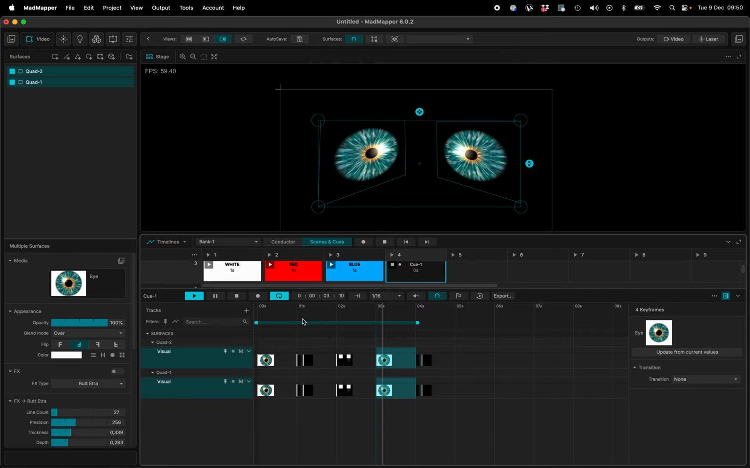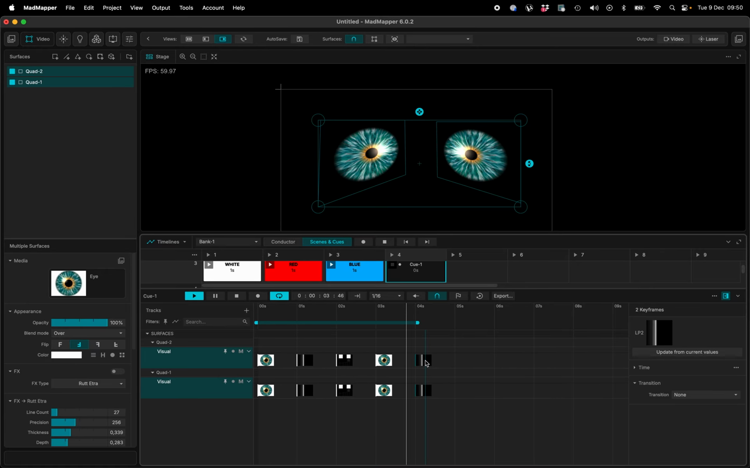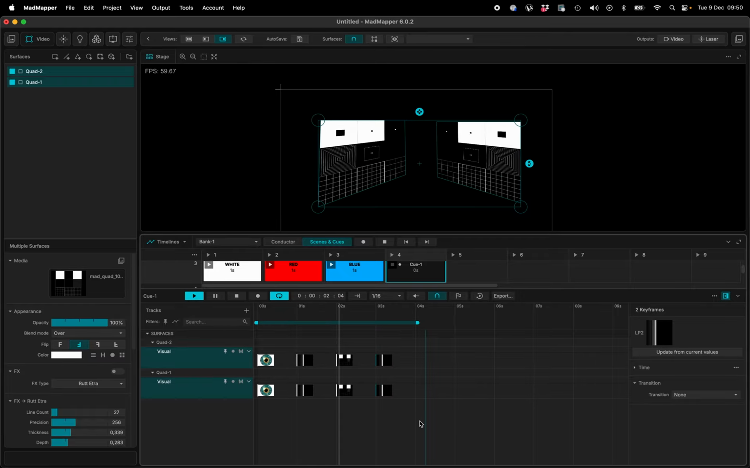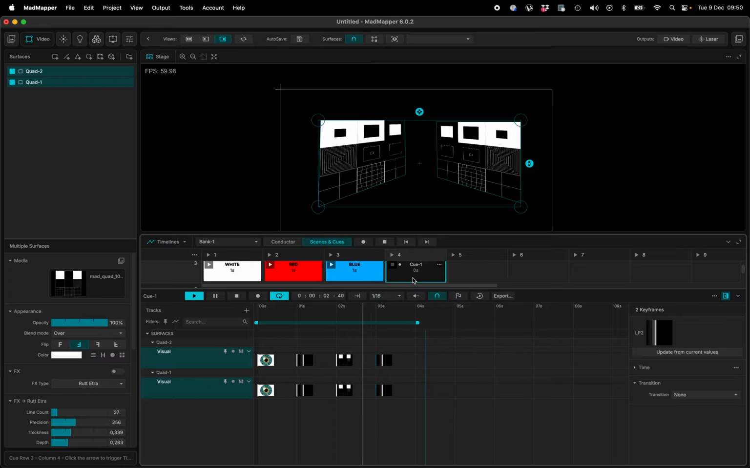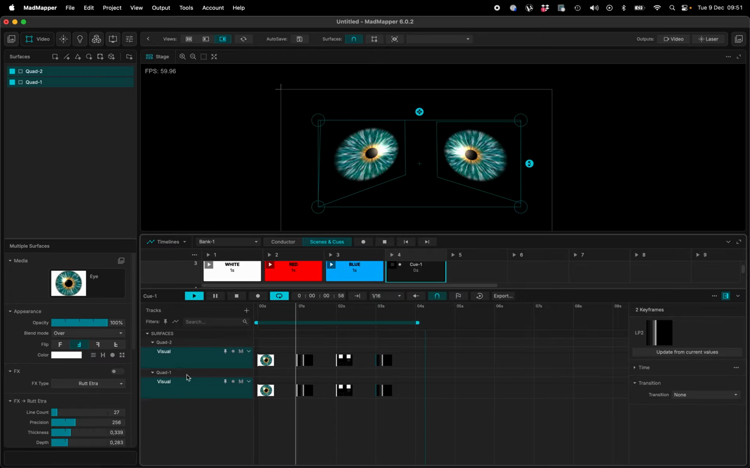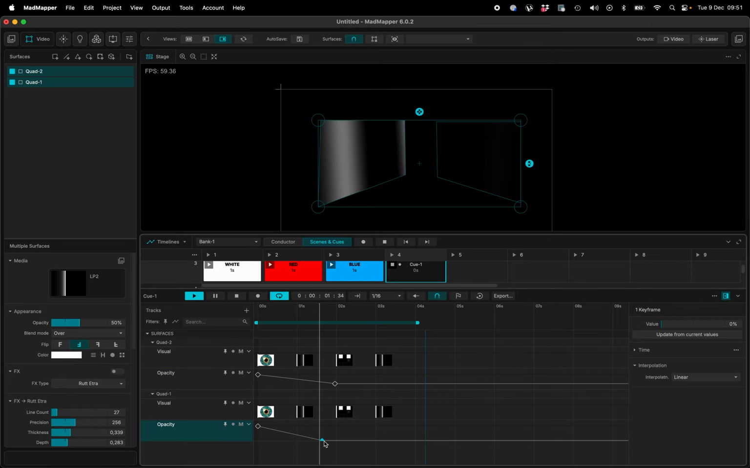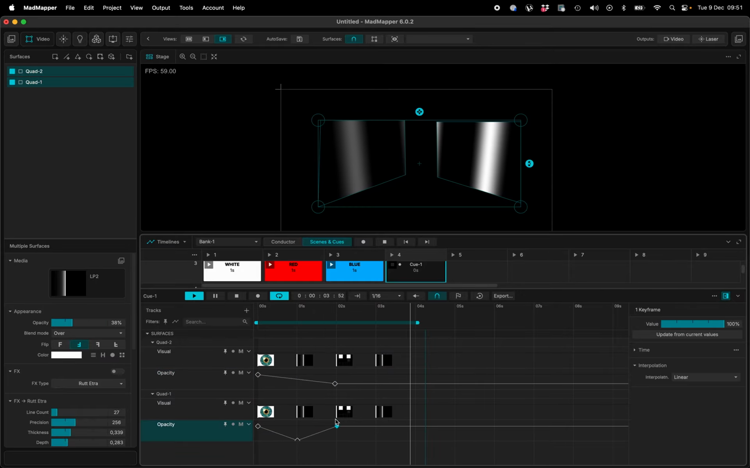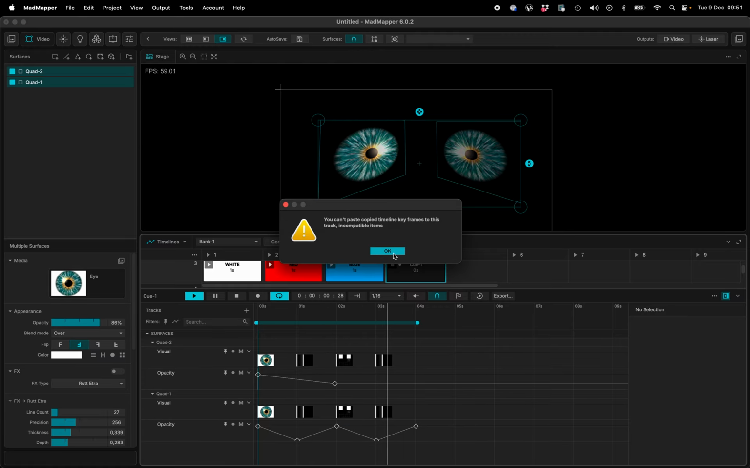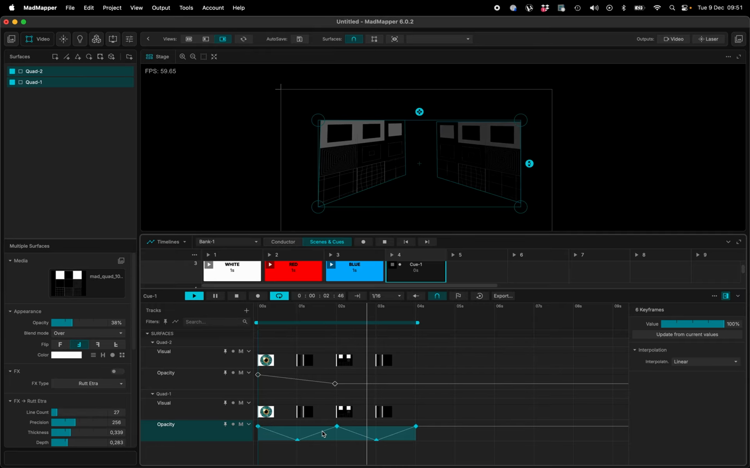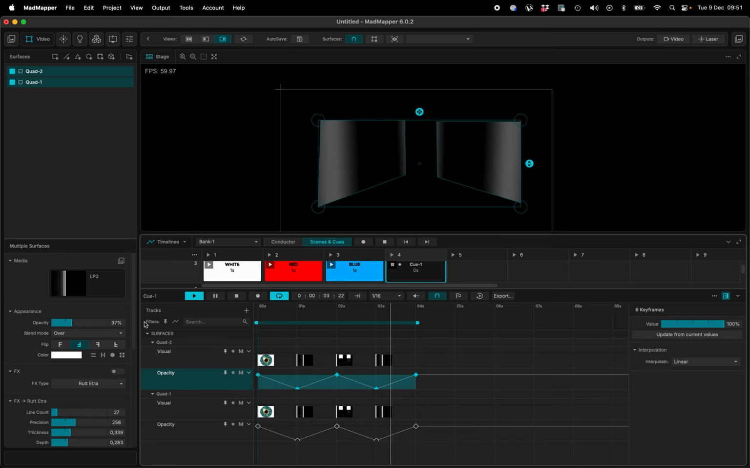So this is actually changing the visual. Okay, now this is a timeline. I can also animate the opacity, for instance. Okay, so here I have an animation on the opacity,